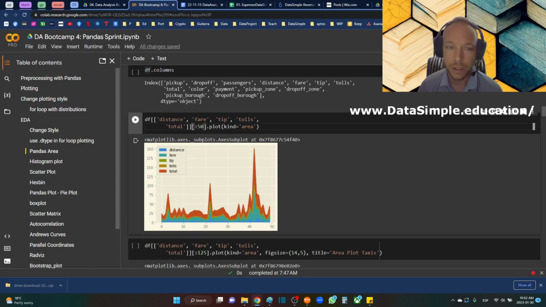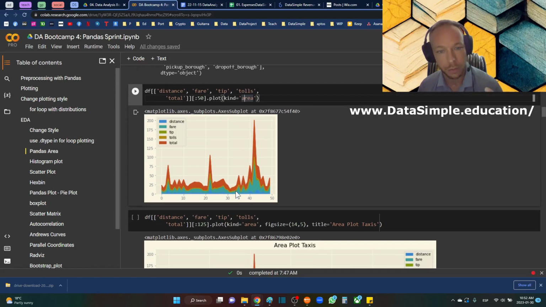Okay. And just because it looks better if you don't have too much data, I'm just going to select 50 rows from this data set. I'm going to plot kind equals area. So you get this nice and really, I think one of the most important things that you get from this is understanding when and how features move together, usually over time, but it can be across